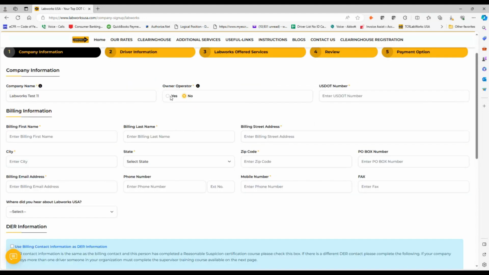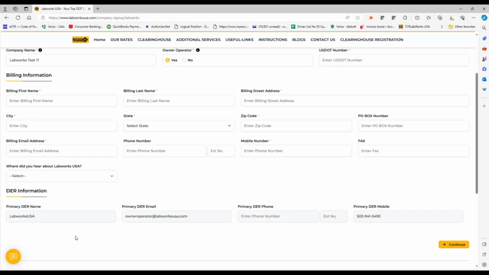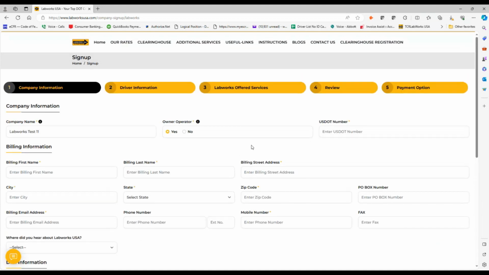If we were to say yes to owner-operator, it would automatically populate the DER information down here with the Labworks USA information. That way we will get notified, and then we will notify you as the owner-operator, especially for the randoms and any positive testing. Here you enter your US DOT number,